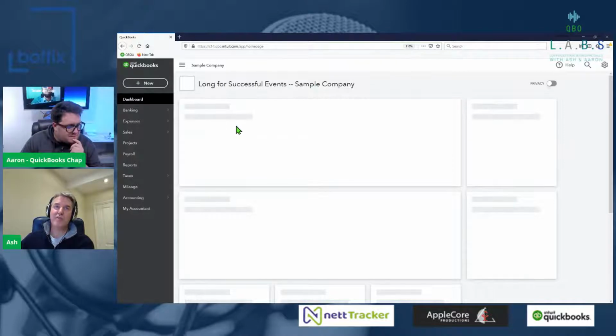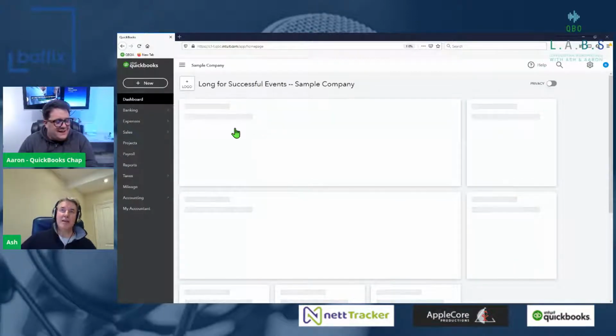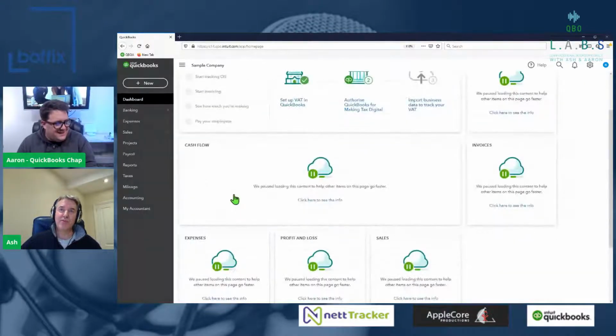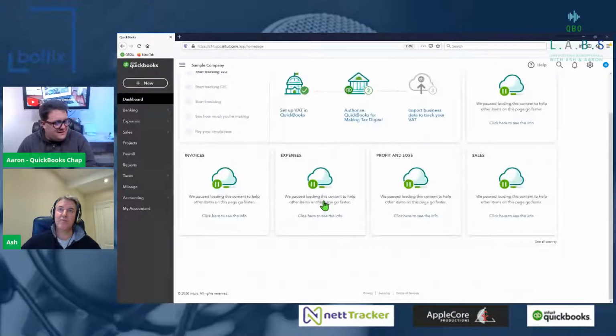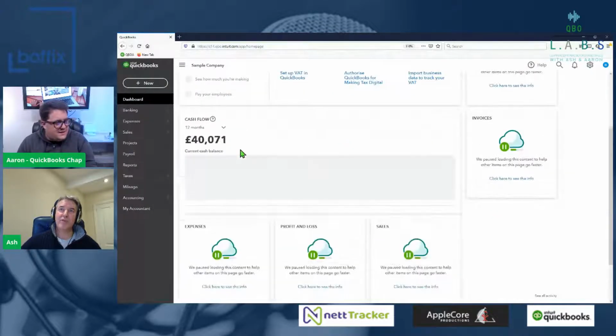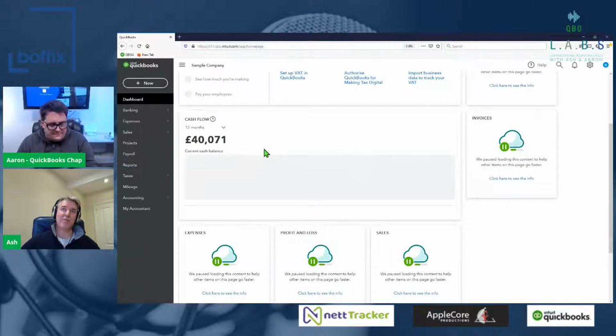So I should have this additional... it's gone very, very slow. At least it's not just my QuickBooks that's going slow. There we go. I'll have this additional graph that will appear. I'll try to click to see the info. No, it's not. There we go. I'll have this little graph that appears for my cash flow.